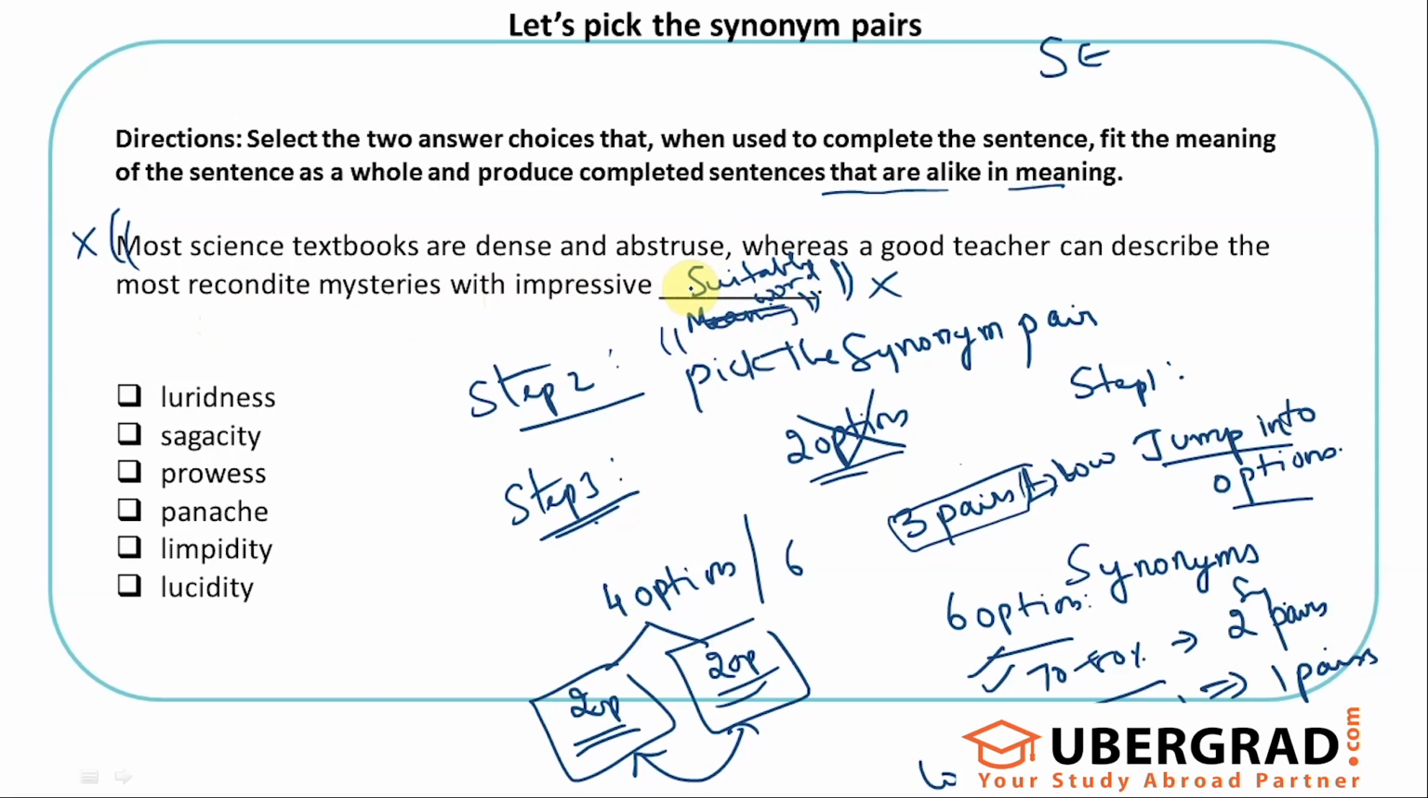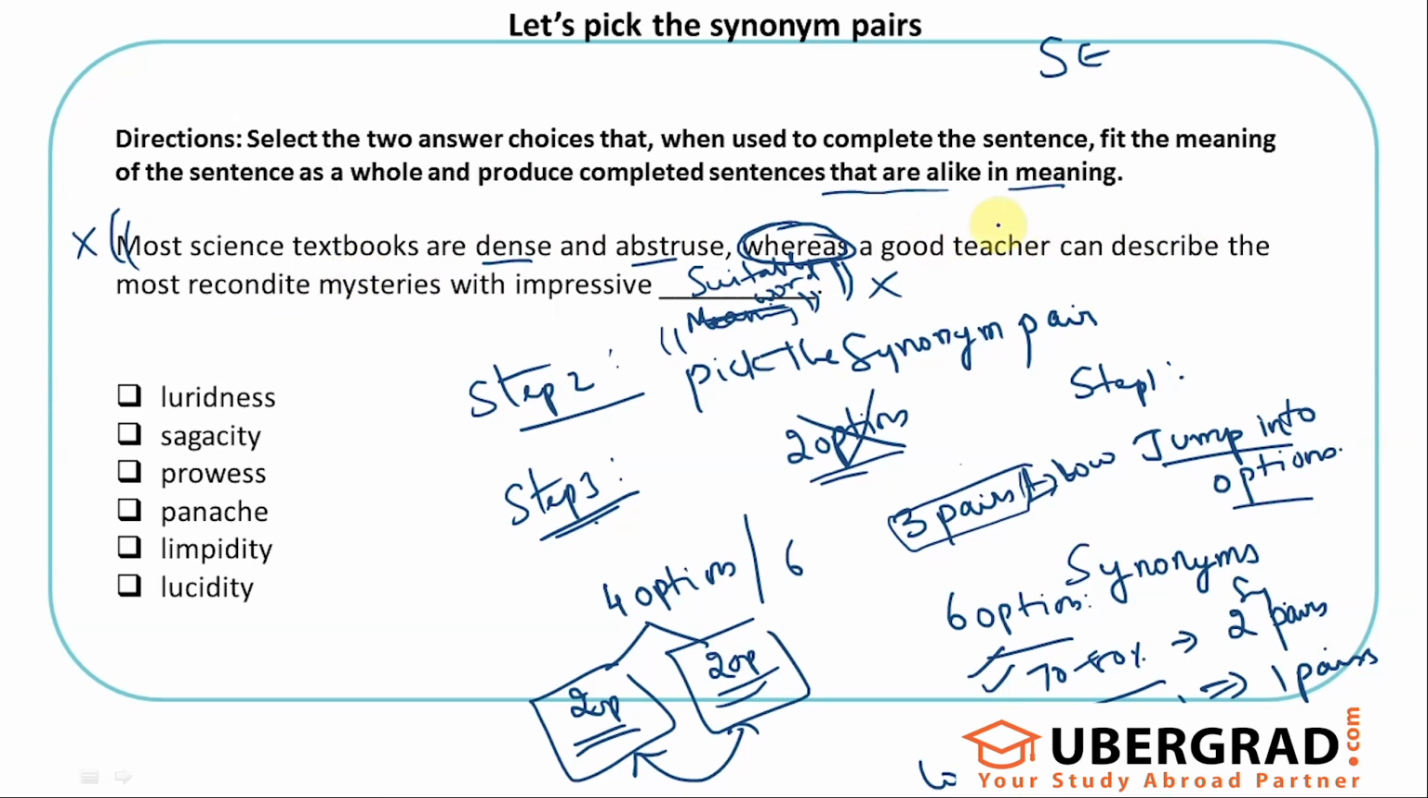Hope you have paused. What I would say is this: most science textbooks are dense and abstruse, basically difficult, huge to read and not that easy to comprehend. That's what this line is saying. Whereas, so this is a pivot word which is basically saying, hold on, I understand that most of the science books are difficult to understand and are hard to read, etc. Whereas a good teacher, so this is like taking it in the opposite direction. I understand they are difficult, whereas a good teacher can describe the most recondite mystery, so difficult to comprehend, recondite stuff with impressive,